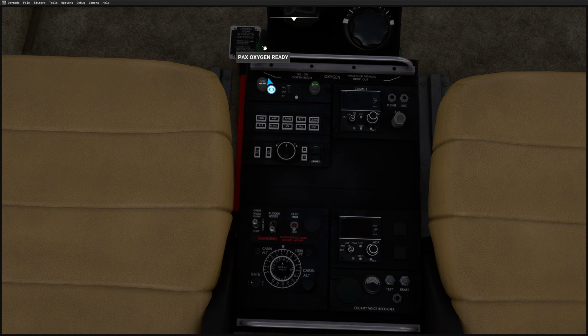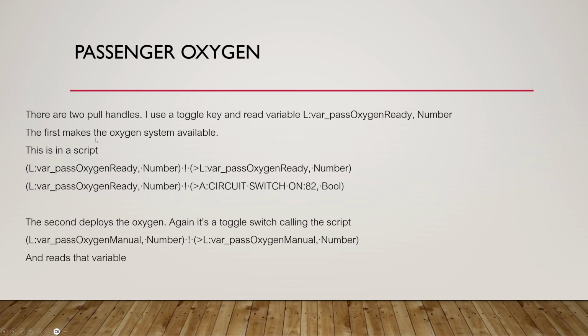So we need two buttons, one to ready the system, one to deploy. So a script for the left hand one, this is the one to make it ready. You've got to invert whether it's ready or not, so it becomes ready. And we also need to switch on circuit 82 to make it work. I've said it before, but if you haven't seen the previous videos, one of the weird things about a scripting language is,